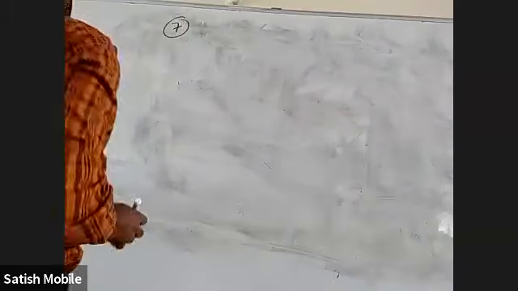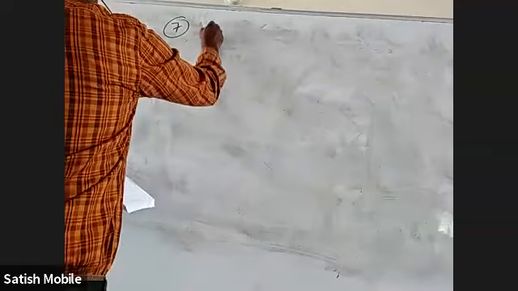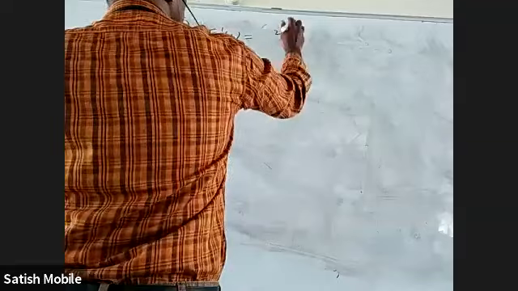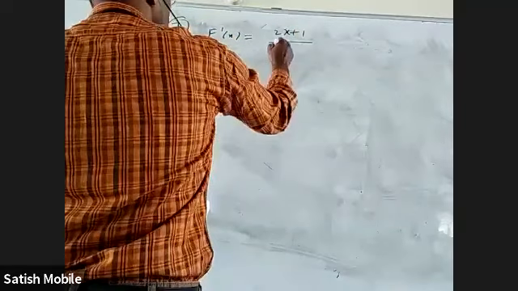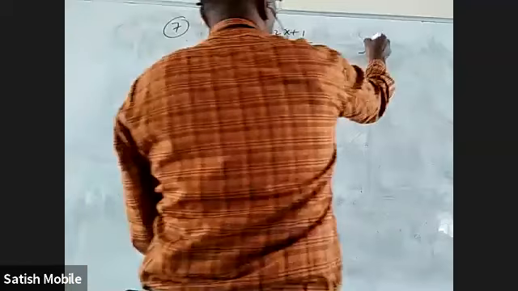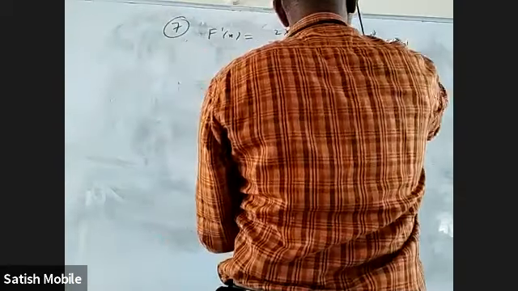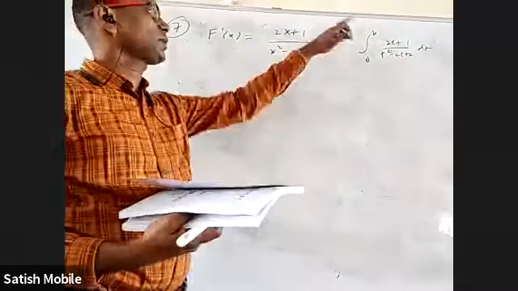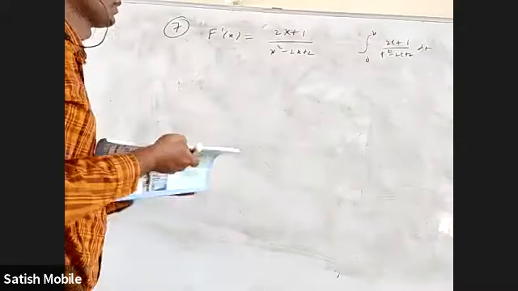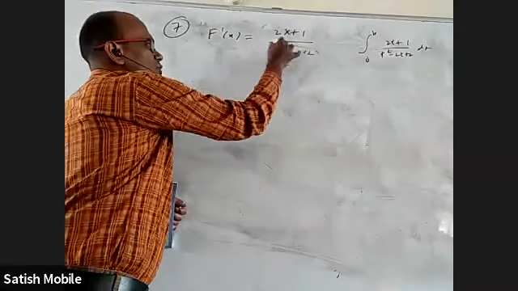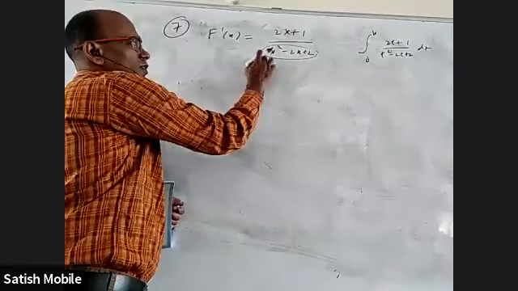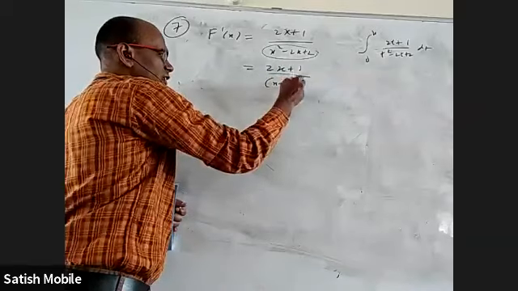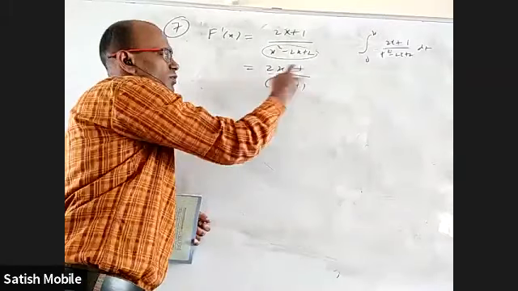Okay, 7th one. F dash x, when I find it is 2t, wherever t is there, I simply write x. So 2x plus 1 by x square minus 2x plus 2. Because after all, we have it as 0 to x, 2t plus 1 by t square minus 2t plus 2 dt. Wherever t is there, put x, and then in the place of x, derivative of x is 1. Coming to the denominator, this is always positive because roots are complex. Leading coefficient is positive. Everything depends on the numerator. If you still want to write the denominator, you can write x minus 1 whole square plus 1. Something whole square plus 1 is always positive.